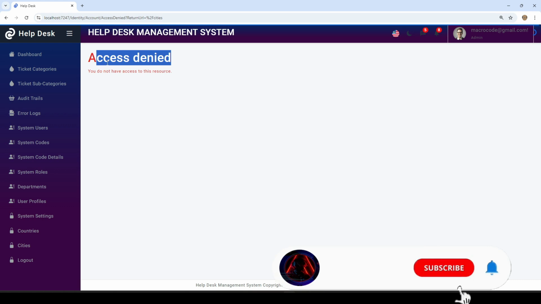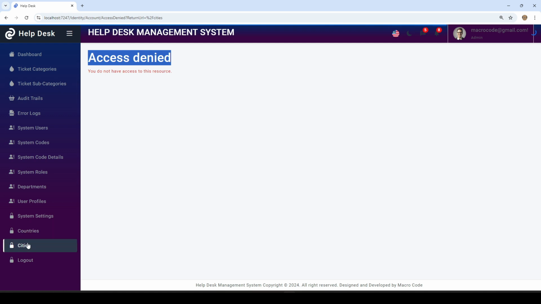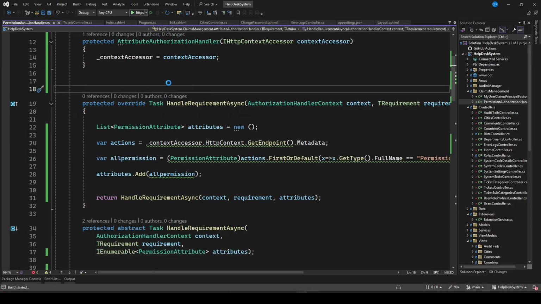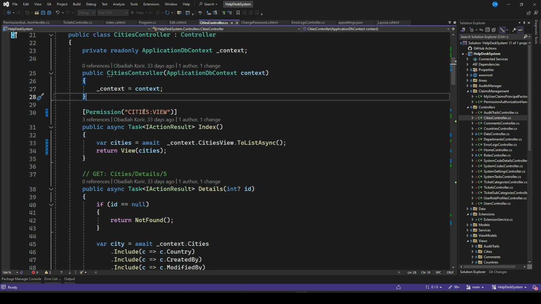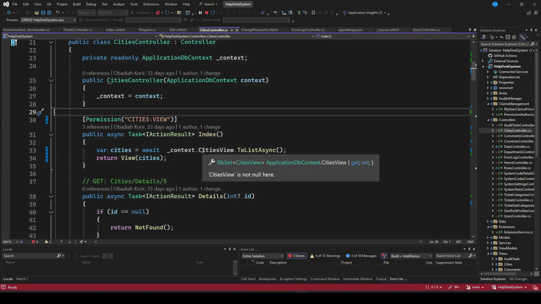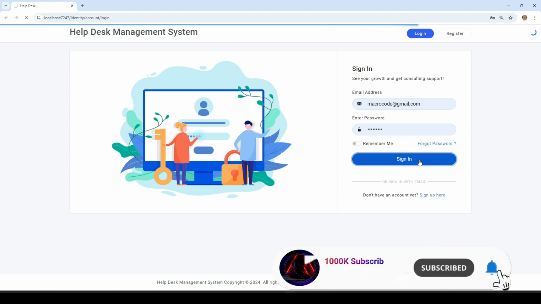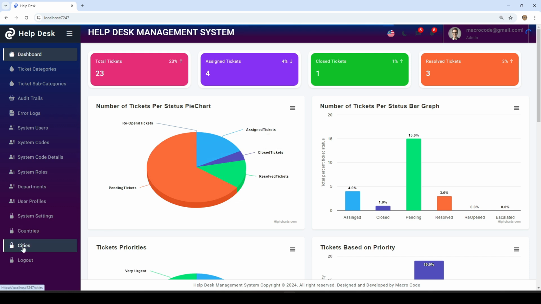So this one now will have addressed the issue that we had of our endpoints were not being found. And that's why we've been having access denied. You see, we've been having access denied, yet we are able to access the cities from this other end. So what we need to do now, I want us to relaunch the app. And if we relaunch the app, remember under the controller called cities, we have the cities view permission. So that permission, we should now be able to use it because we have the access. So let me just sign in. So remember, when we click the cities for the first time, we were given the permission access denied. So if I click now,